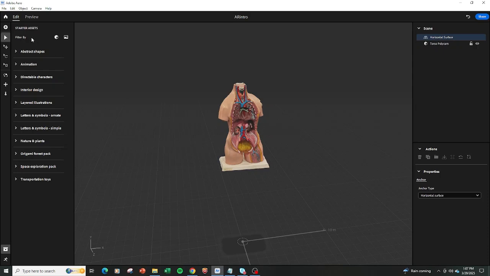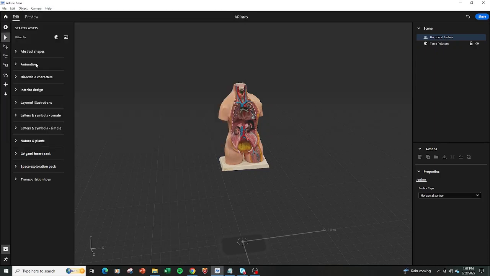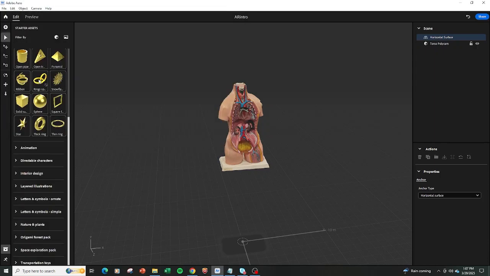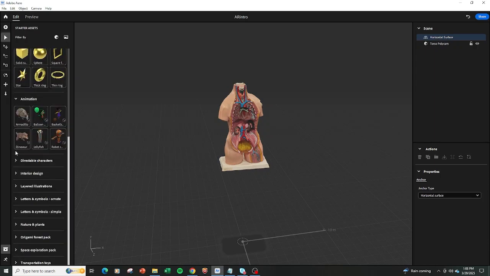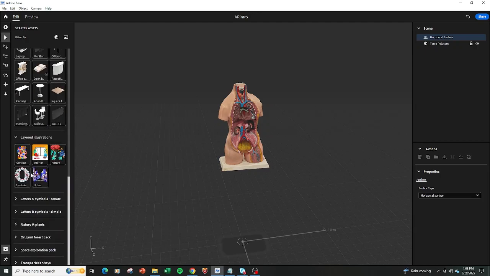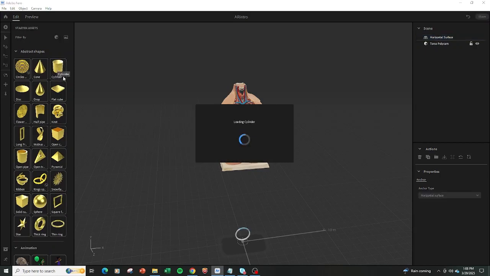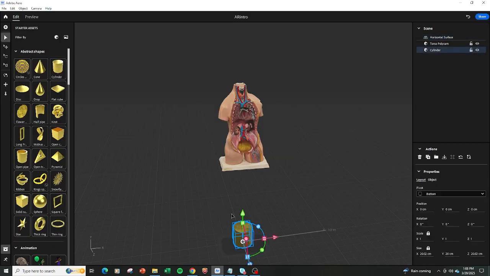And you can see you have your own library of objects. One option, if I want to use an arrow from Sketchfab or something, is to download it and import it the same way I imported the torso. Just go plus and pick the 3D model. But I want to use one from the library. They don't have many options. They have some animated ones, some furniture, but illustrations as well. But for this, I will just use this cylinder